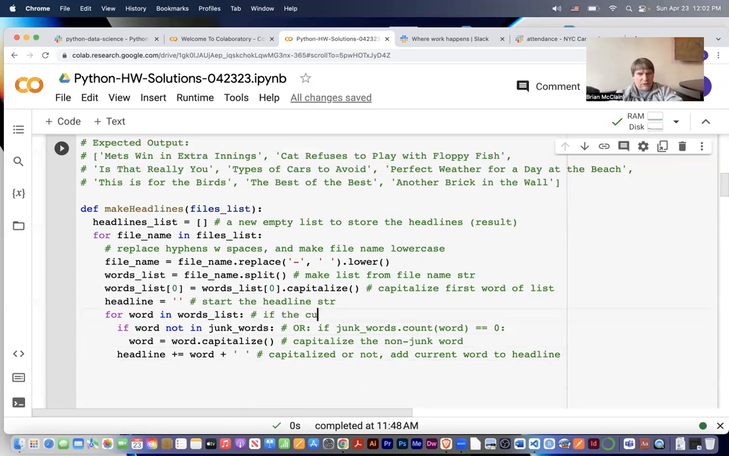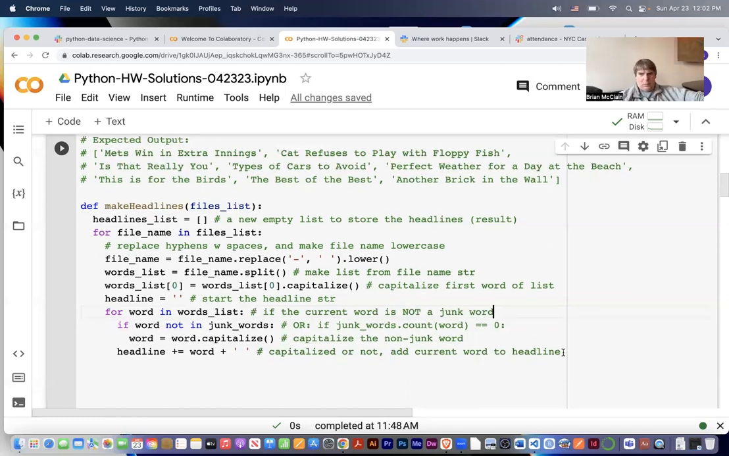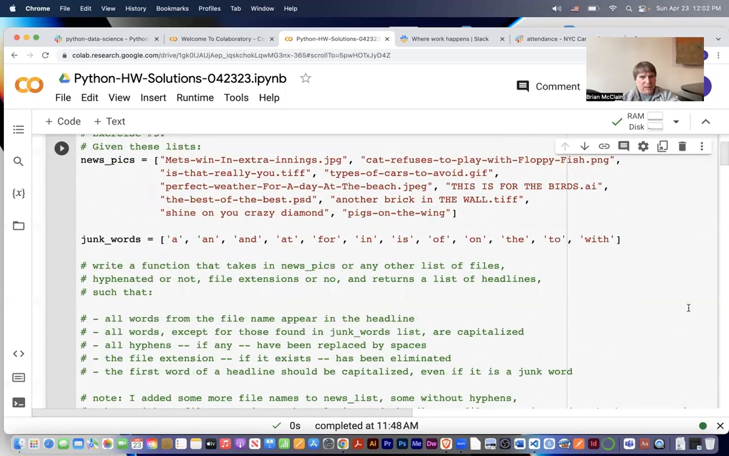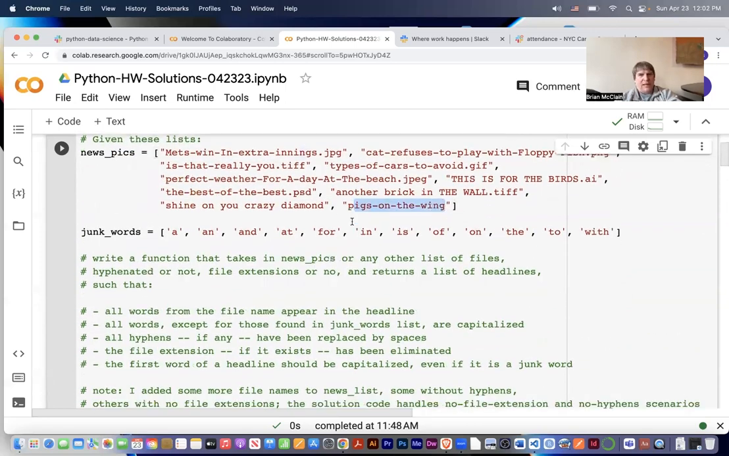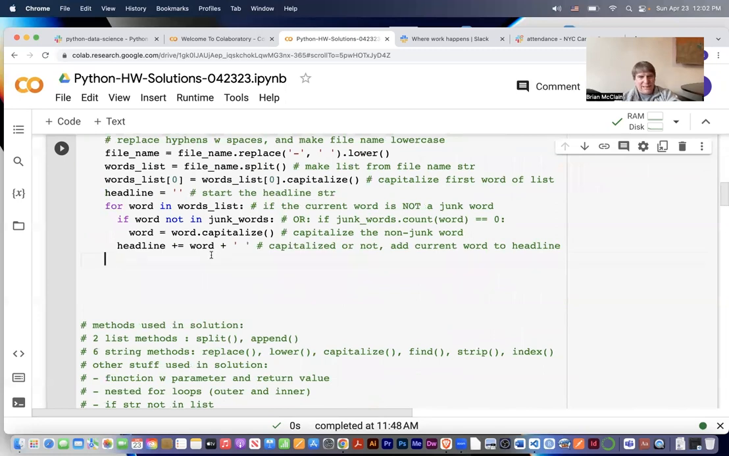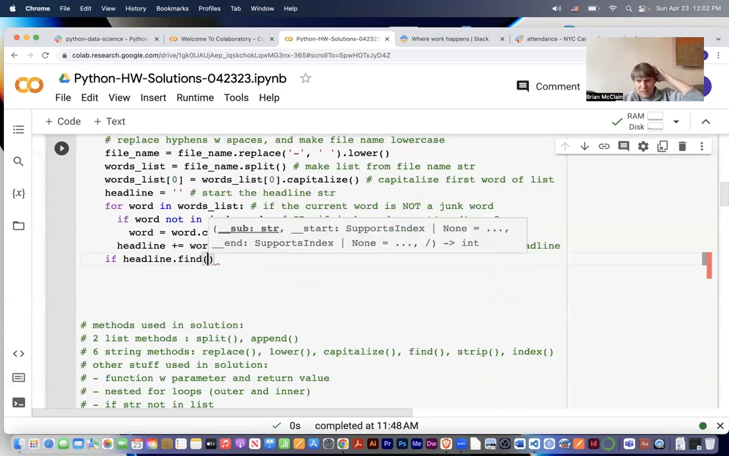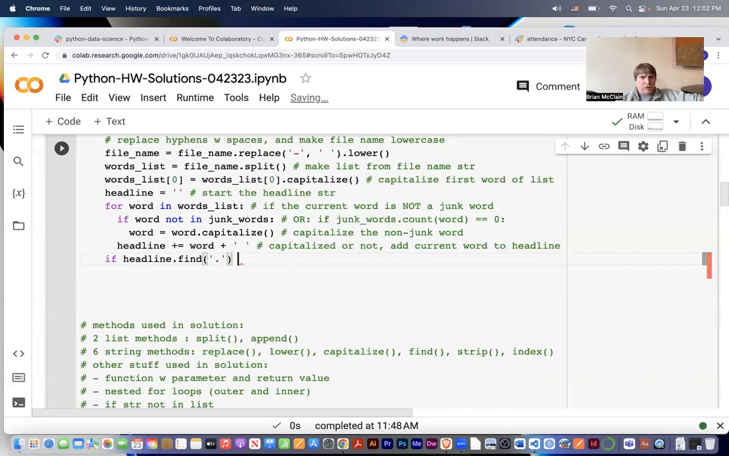And if the current word is not a junk word, then we're going to have another piece of if logic to check if there's a dot, because I added that feature, a little flexibility. It's got to be able to handle even if there's no dot. If it's looking for a dot by index and there's no dot, it throws an error. So we're going to have to say if headline dot find, that's a method we haven't talked about, I don't think, but you're going to try to find a dot. And if it can't find it, it returns you a -1. If there is no dot in the headline,